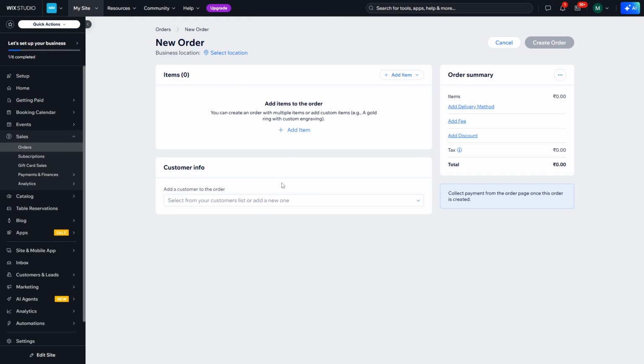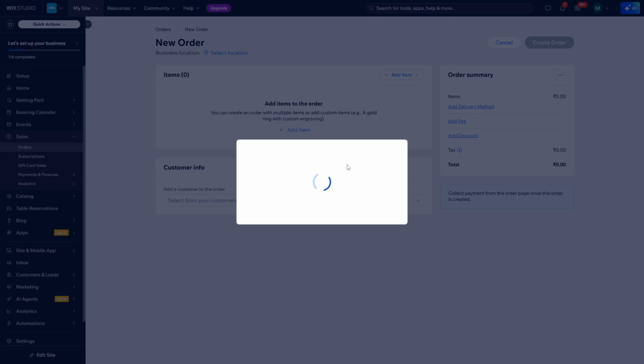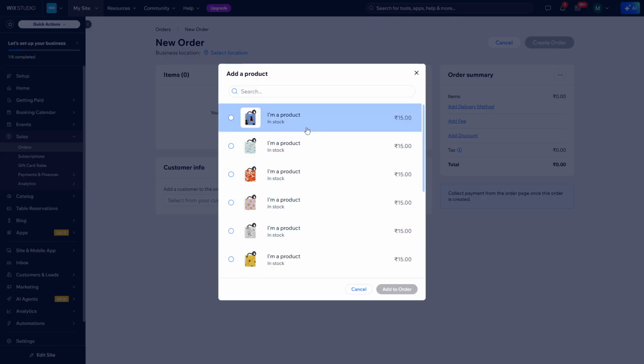Now, let's pivot to adding products to your order. Click on Add Item to initiate product selection. From here, the path splits in two. If you're adding a product from your existing store inventory, hit the Choose Product option. This brings up your entire catalog, from which you can simply click on the desired product to add it to